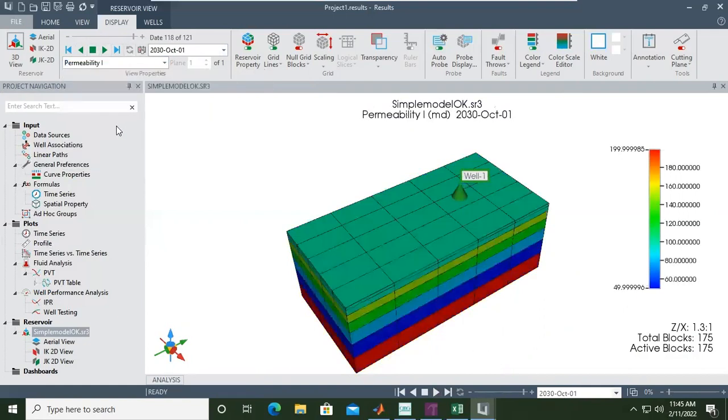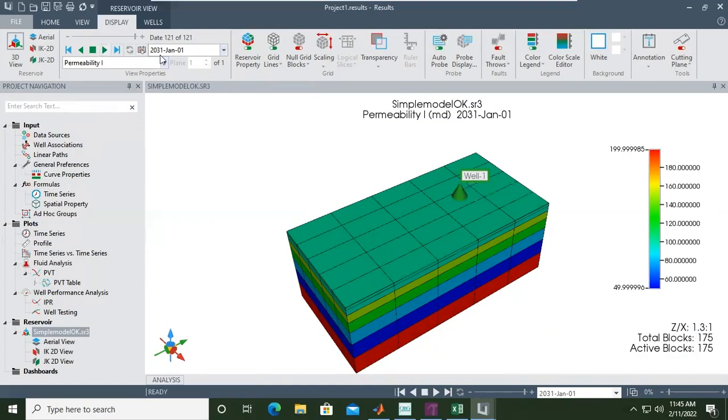If you check the permeability in I direction and play, there will be no change, because the permeability is constant. Actually, you can change the permeability to be variable. The permeability can change if the pressure changes, but it's not for our case today. It will be more complex.